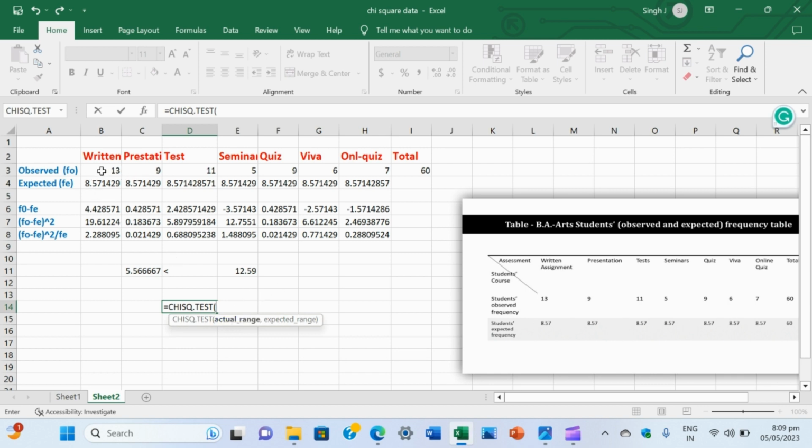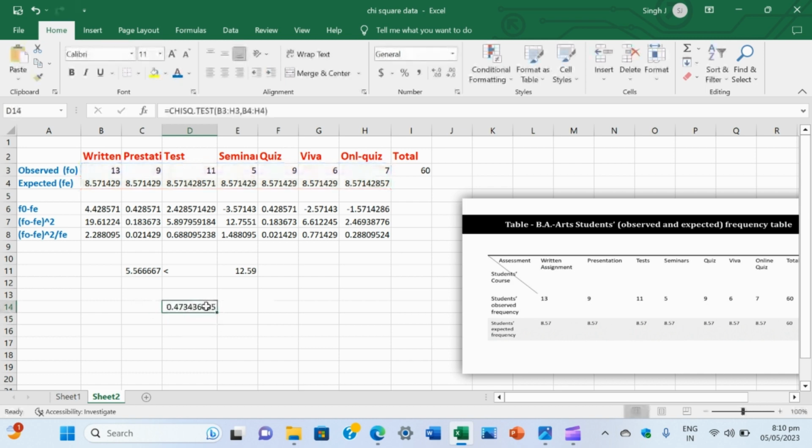Range means the observed frequency range, and we select the observed frequency range here, B3 to H3, and then insert a comma, and then the expected range as it is required, and we select the expected range, that is the frequency 8.57 range from written to online quiz, and then close the parenthesis, and after closing the bracket we click the enter button, and we find the p value,